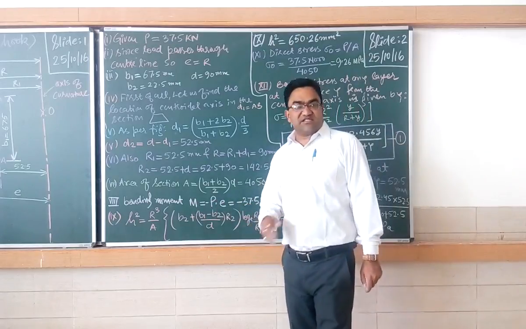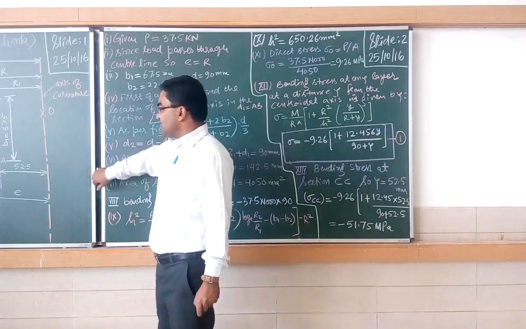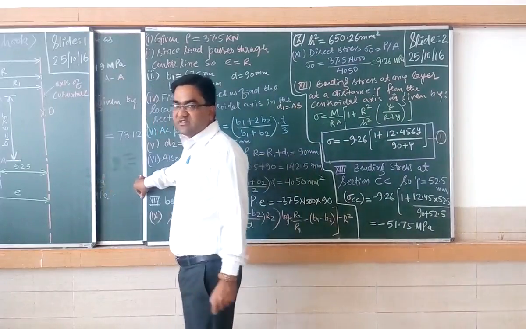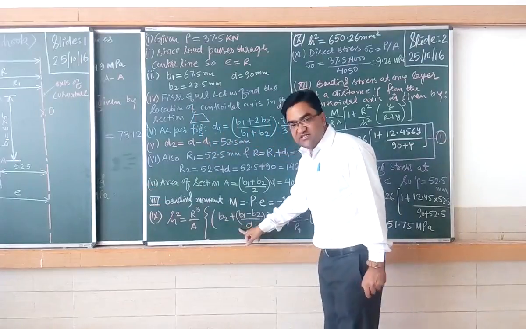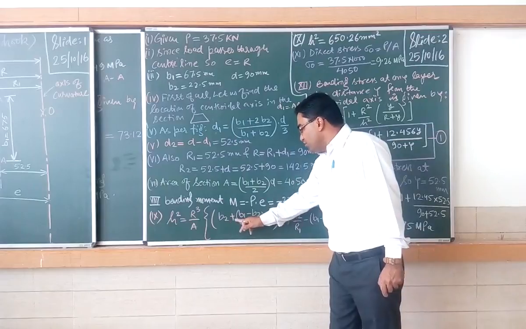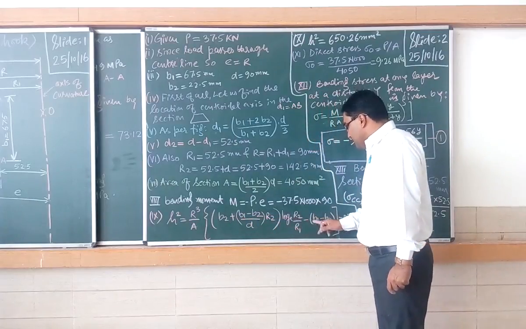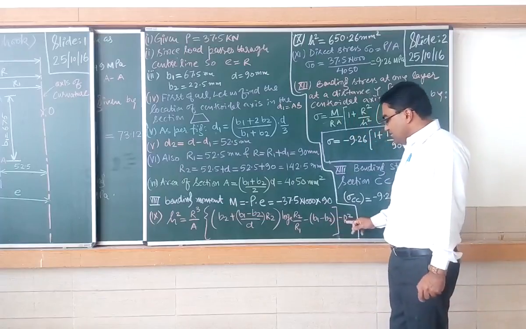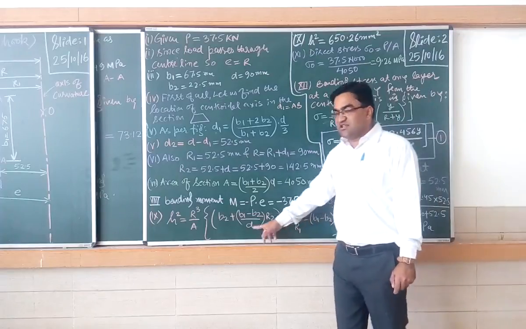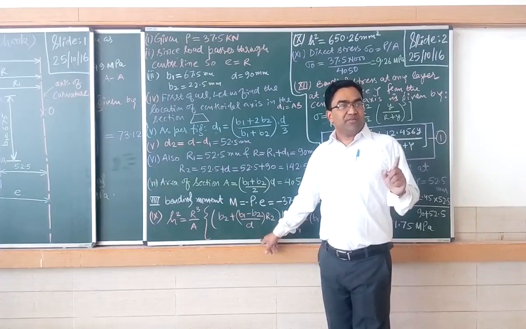Now next term is finding out h square for the cross section, means the trapezoidal cross section. h square का जो जनरलाइज्ड इक्वेशन है, this is equal to r2 upon a into v2 plus v1 minus v2 upon d into r2 log of r2 by r1 minus v1 minus v2 into minus r2. So this is the generalized equation. We have already solved this equation in our previous lecture.